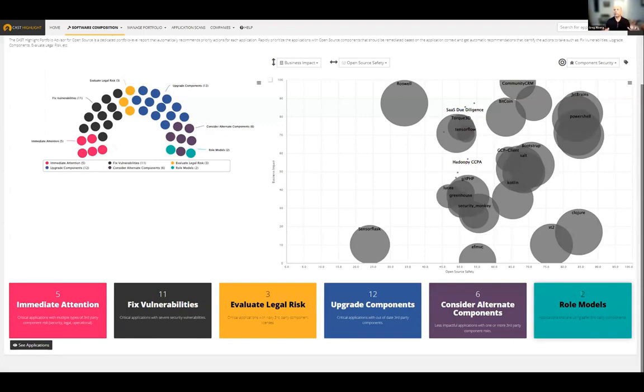So this is one of the very unique aspects of Cast Highlight relative to other technologies out there like a Black Duck or a Checkmarx. The fact that we're not only automatically analyzing the application for technical insights like vulnerabilities,